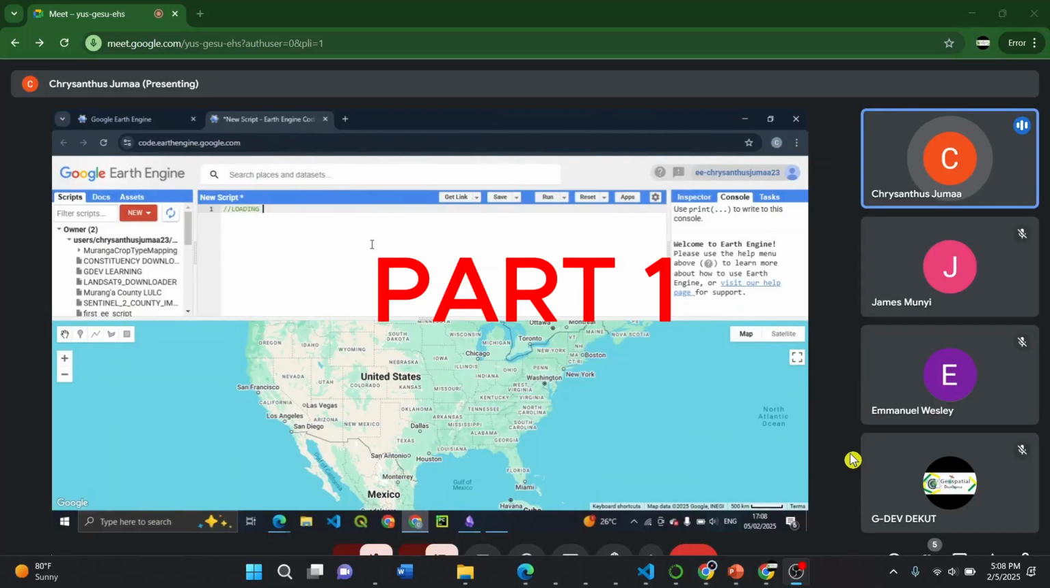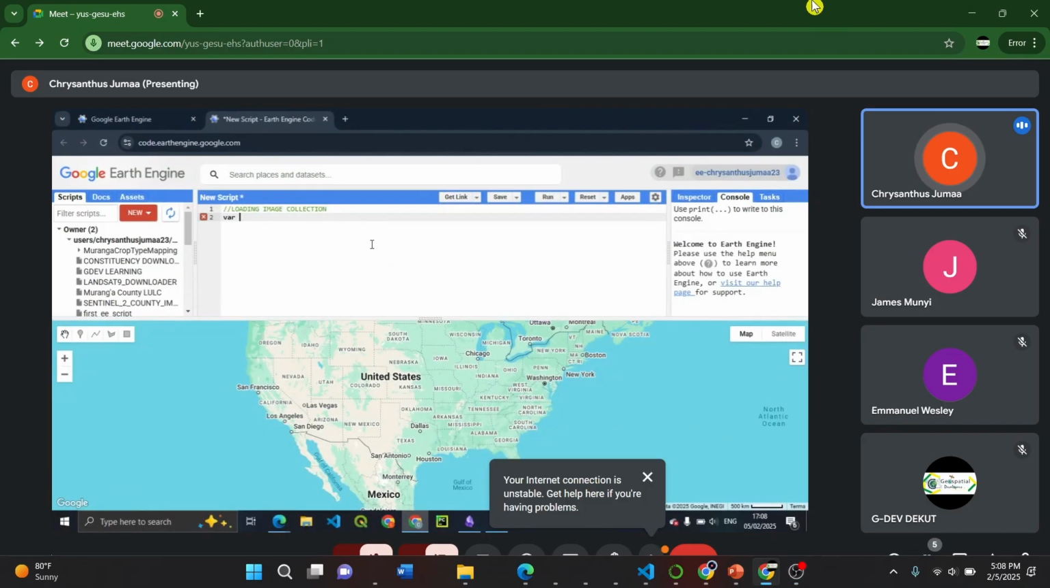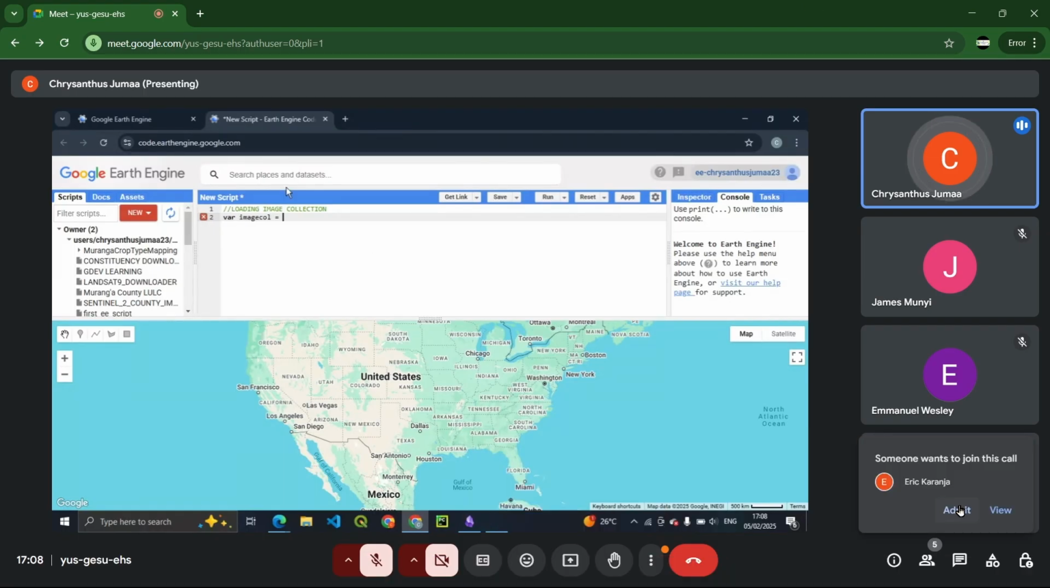our code editor. So to do so, we have to assign it a name. So we can say the name is image call. Now, ili tupate import that image collection, there are two ways we can do it. So the first way,